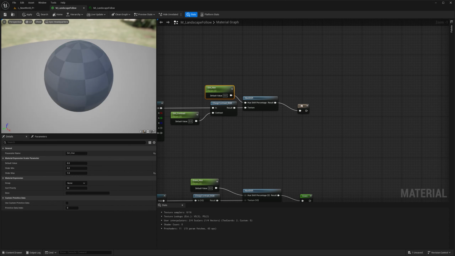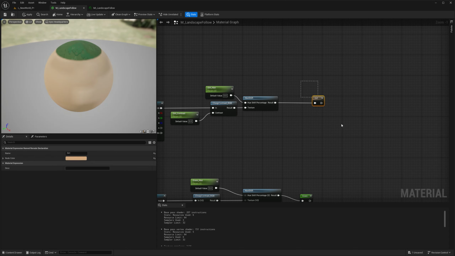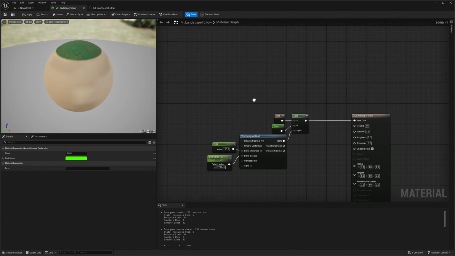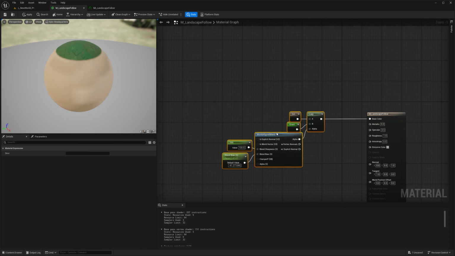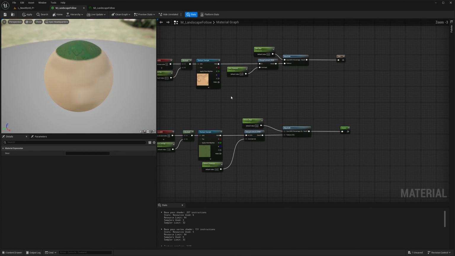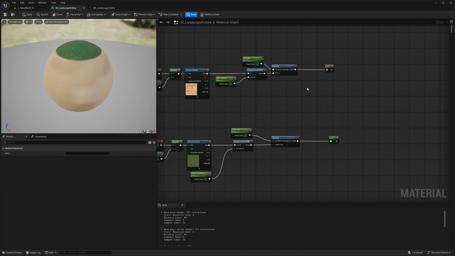And I hope that by now you start seeing the reason why this handy node is there. So I'm doing all the operations, but I don't need to worry about space, about moving and rearranging stuff here, because I'm just connecting to the output of that node. So I can just do all the things that I need to do, save it, and it's just an easy way to organize your system.